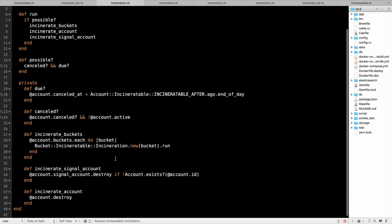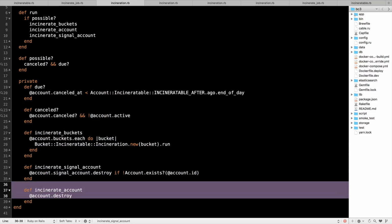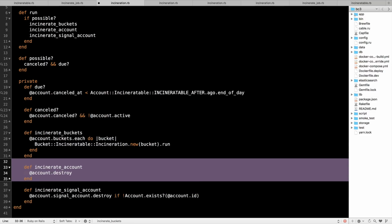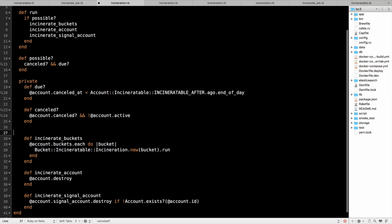And then by the end of it, we go back and we delete the account and we delete the signal account. Actually, as I'm looking at this code, this is a good example of not following table of contents. Since we call incinerate account first in the order of things, it should be first in the list. And in fact, I would even insert something else here, an extra carriage return, which is something that's a bit